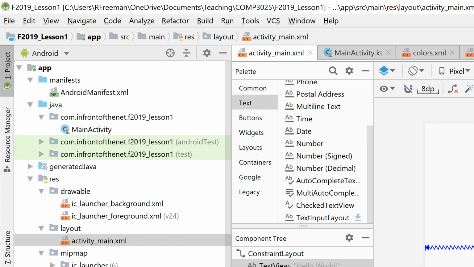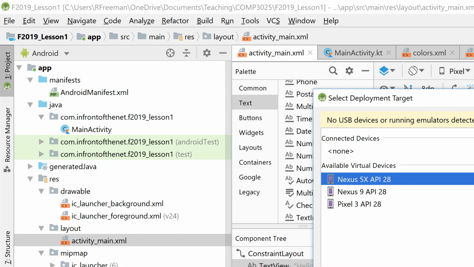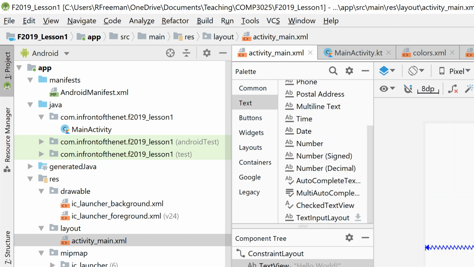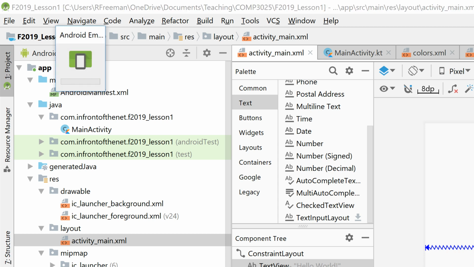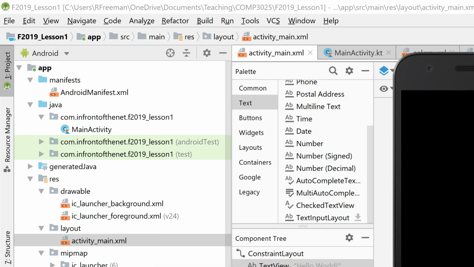Okay, I'm thinking my Pixel emulator is not going to run, so I'm going to retry this, but this time I'm going to choose my Nexus 5 because I know this one works. Should work for my project. Unfortunately, I have to build it again. But my Nexus 5 emulator loads. So our emulator will be slow to start. It should be faster in subsequent